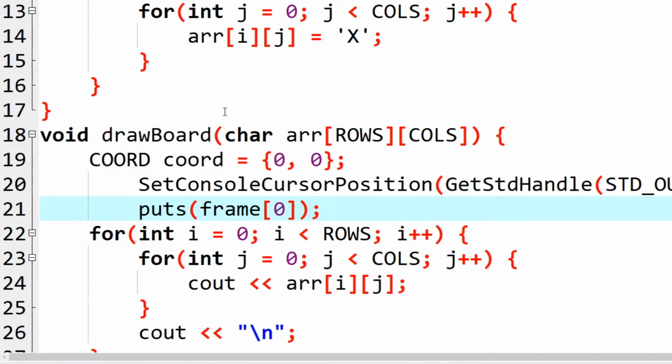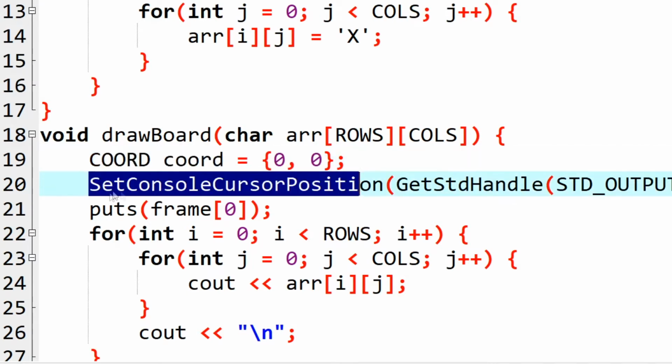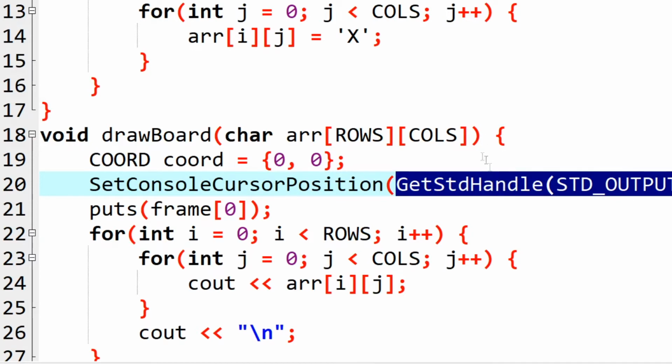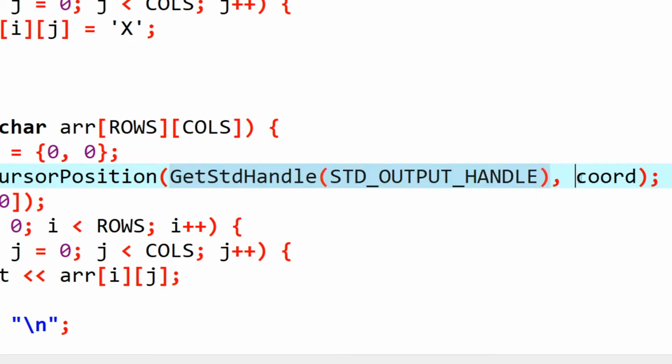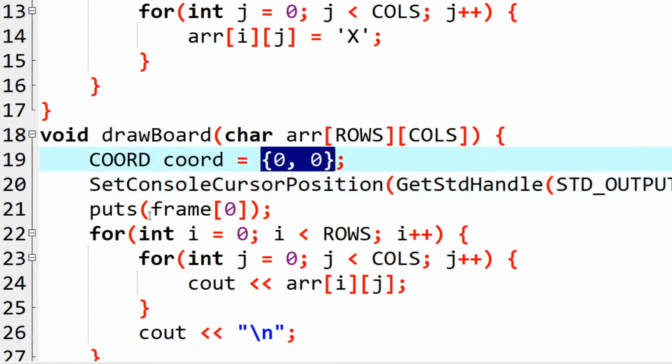So we are going to directly put things on the screen, right? So we are getting a coordinate to start from. For our cursor to start from, we are starting from the top left portion of the screen. So we are calling this function to set the cursor position. We are giving it the actual console that this should happen on, and then we are giving it the position that we are going to move the cursor to, right? We are moving the cursor towards 0, 0.